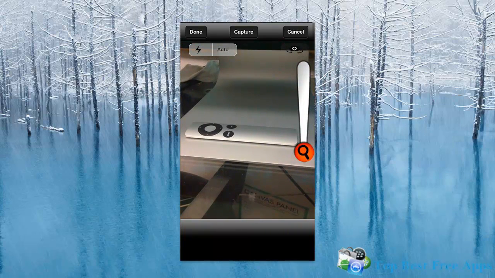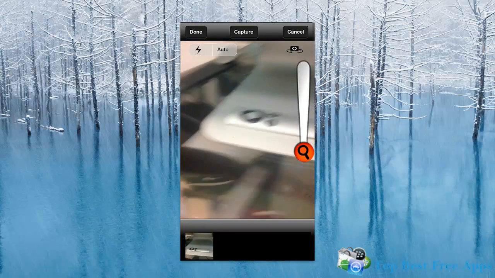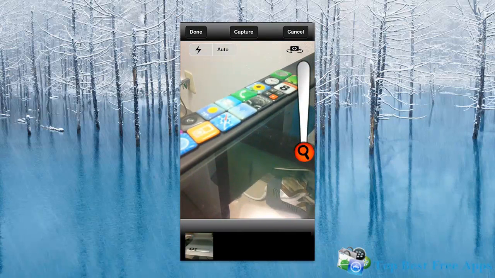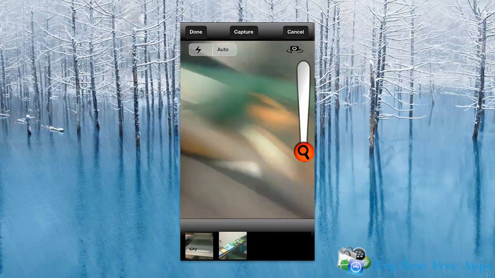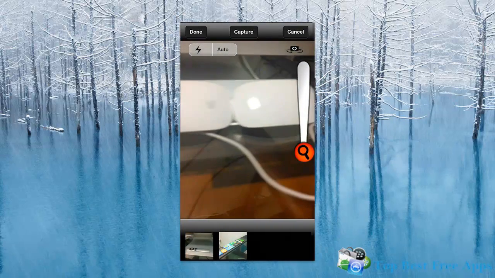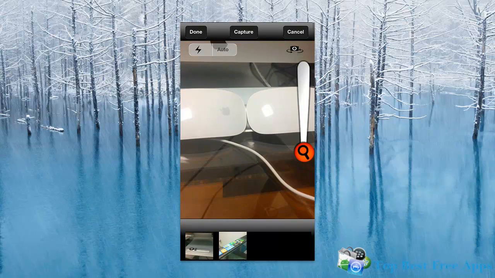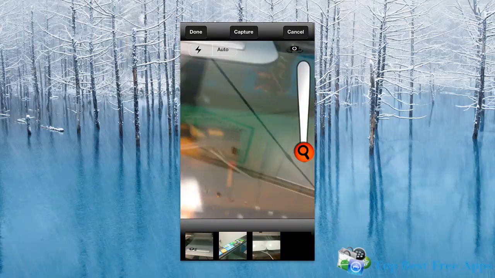We're going to go ahead and take this picture here. Now we'll go ahead and take the next picture. So these are Apple magnets here. We'll take a picture of that. And then we'll take a picture of these mouses right here. So we got that. Now that we have those three pictures, let's go ahead and hit done and start editing our